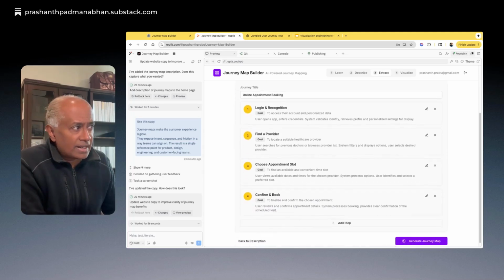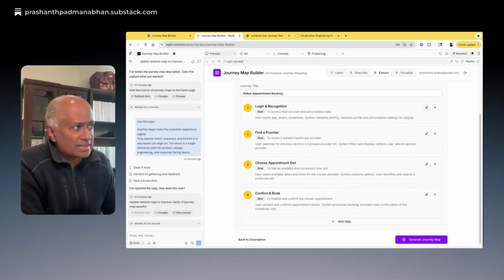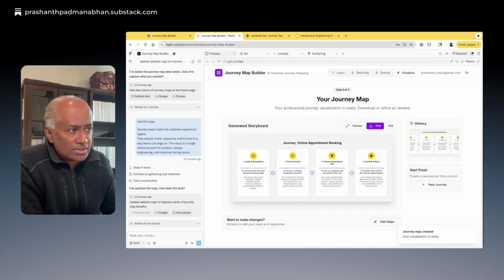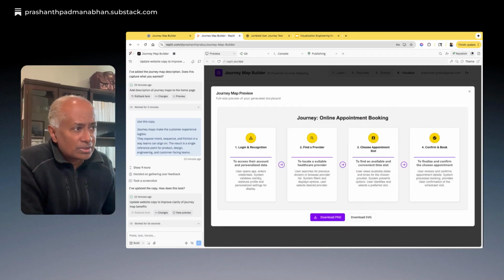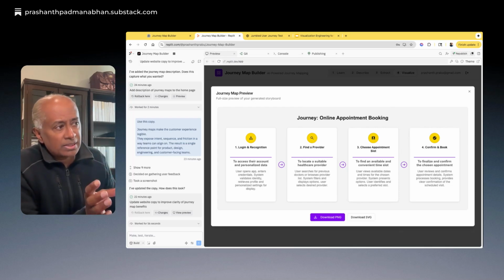I've added some capabilities to edit. If I have to make some fine tuning, I can add a step or remove a step and so on. And then I say generate the journey map. And once I say generate the journey map, it is able to create a very clean visual of the journey map based on a template that I provided.